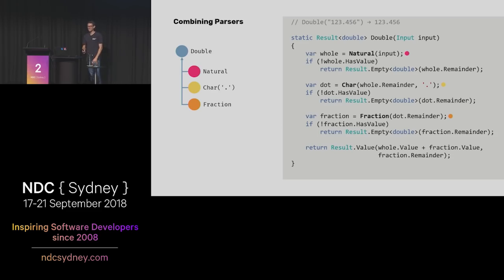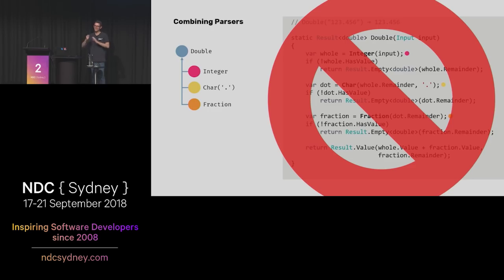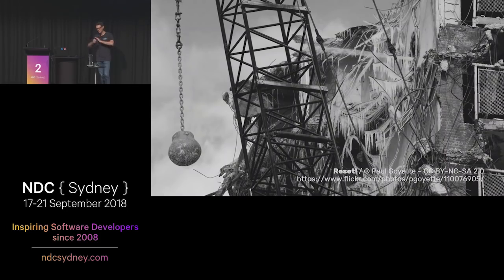What do you think of this code? I hate it. I can't imagine trying to maintain any kind of giant code base that's written in that style. That's probably why you wouldn't imagine being able to scale from some sort of simple little parser that looks at numbers up to being able to really parse a whole programming language with these techniques. But let's tear it all down, reset, and start again.